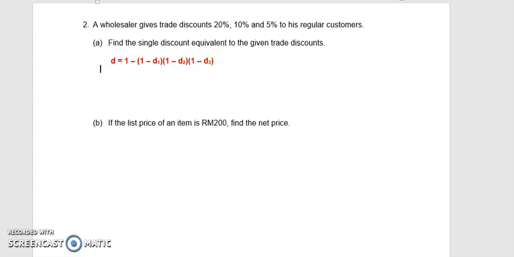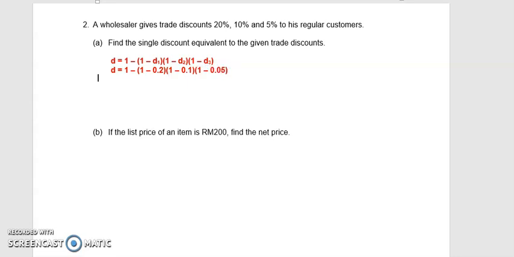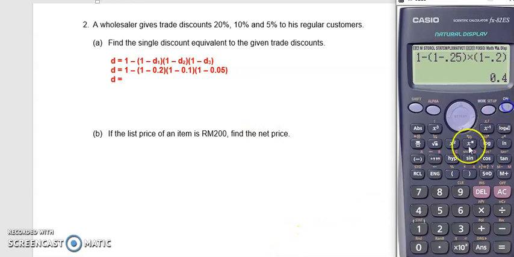So substitute each value. So D is equivalent to how many percent? 1 minus 0.2